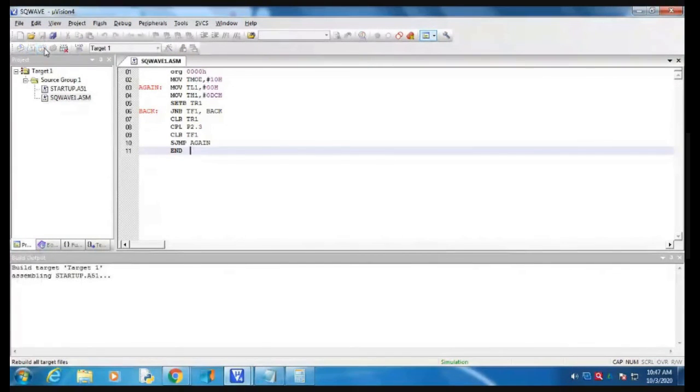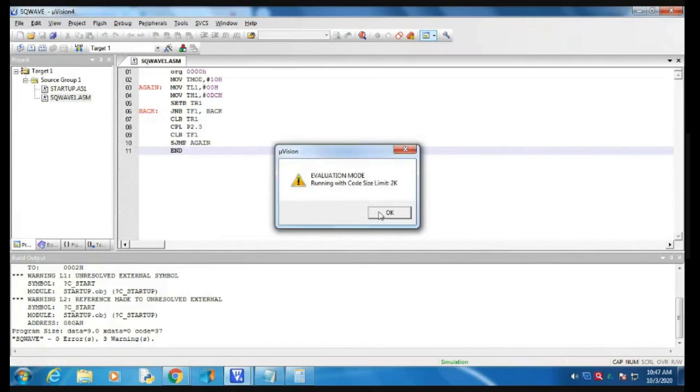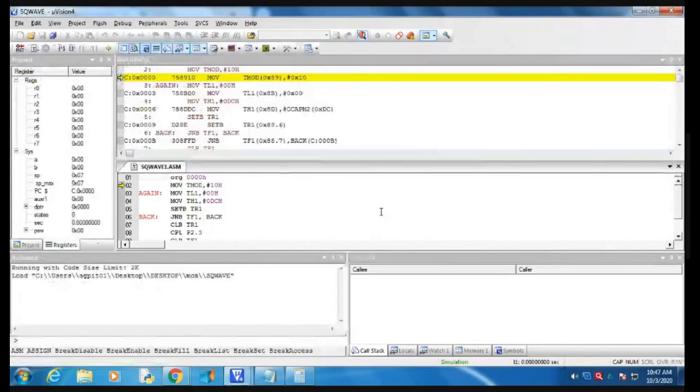Is there any error? No, there is no error. So we have to debug this program.